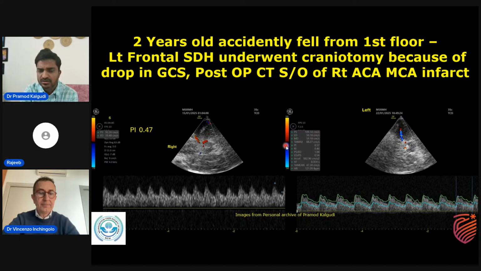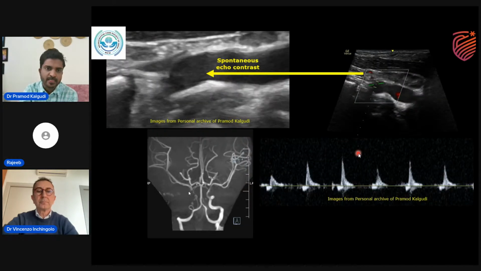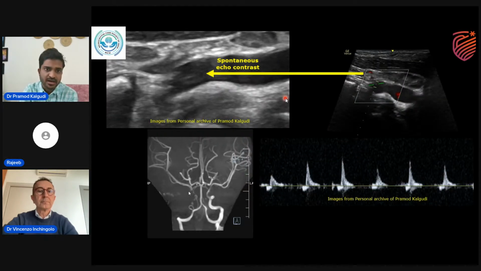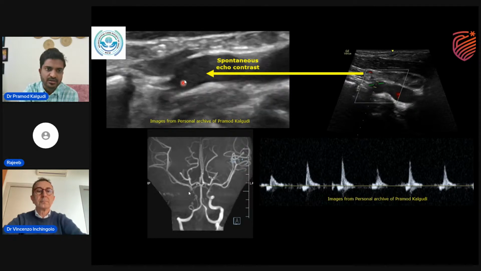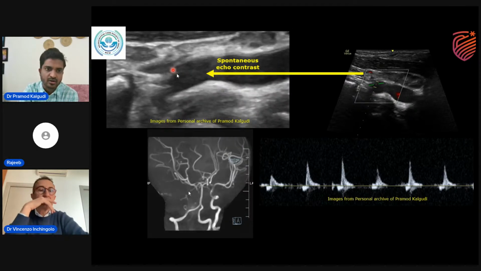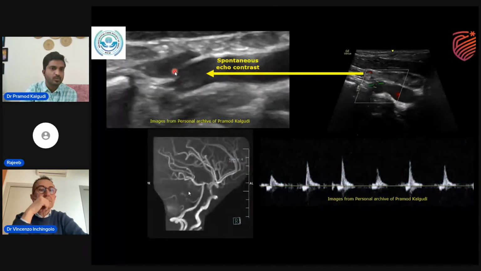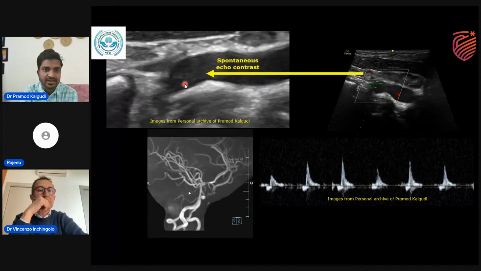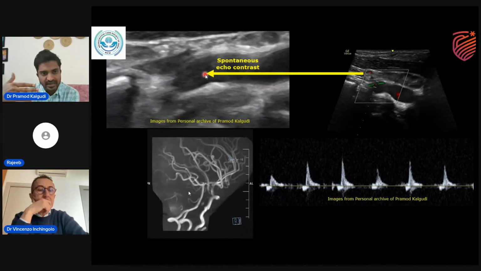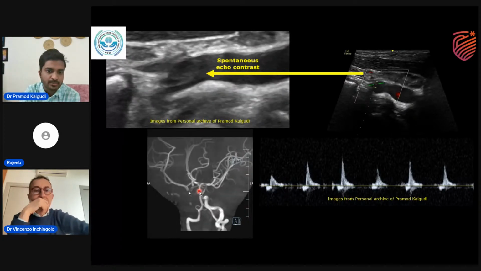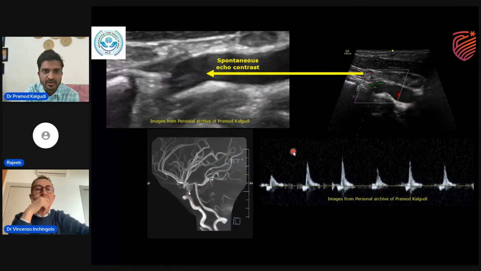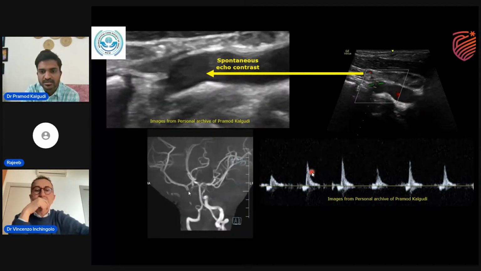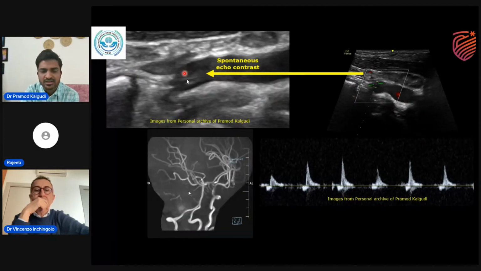Though there was not significant change, that is more than 25% prior to the surgery, we didn't suspect any dissection. But when we did CV Doppler in this child, we could see that the internal carotid artery was almost completely stenosed, possibly because of a dissection which had extended almost up to the intracranial part. You can see the Doppler waveform, which looked like a stump waveform, and also a spontaneous echo contrast